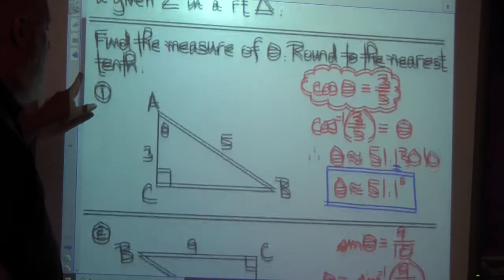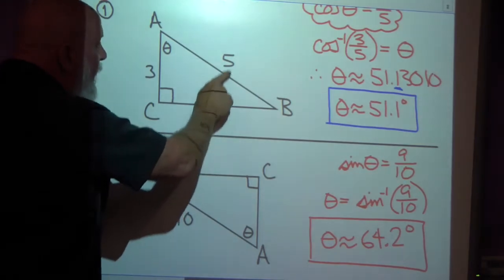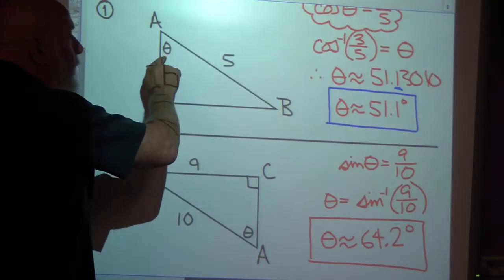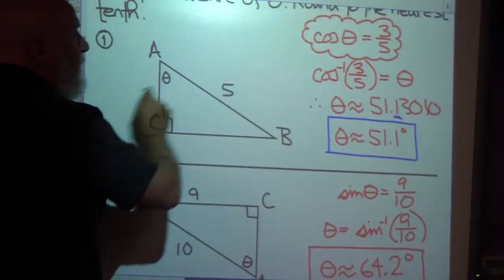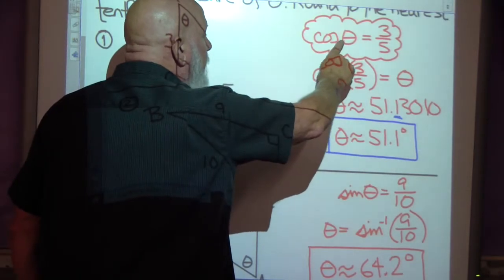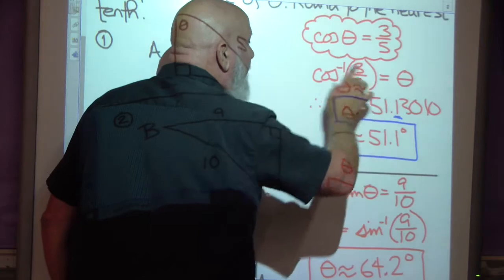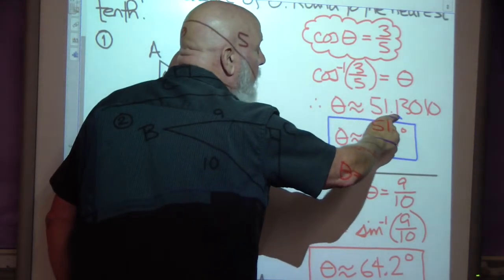So we're given a right triangle. Here's our given angle. If I went sine, that would be blank over 5, so I don't want to use sine. If I went from here, I evaluated cosine, that would be 3 over 5. So I'm thinking, okay, the cosine of theta is 3 over 5. Therefore, the inverse cosine of 3 over 5 is theta. So I take the inverse cosine of 3 over 5 using my calculator, and I find that it's about 51.1